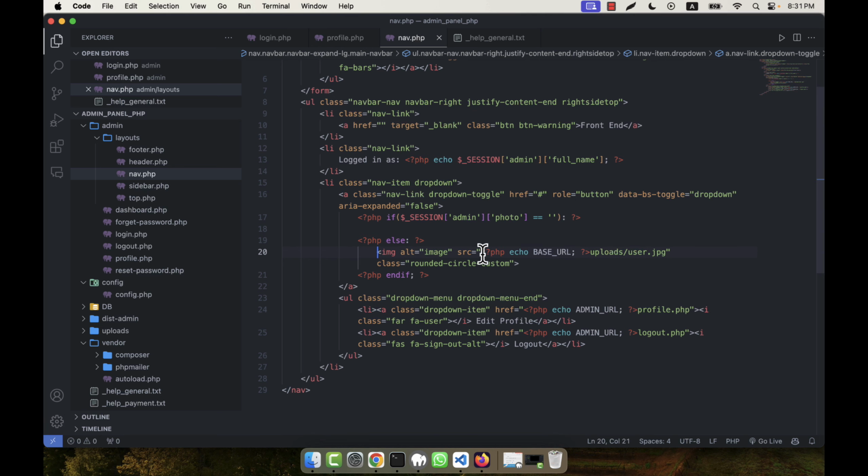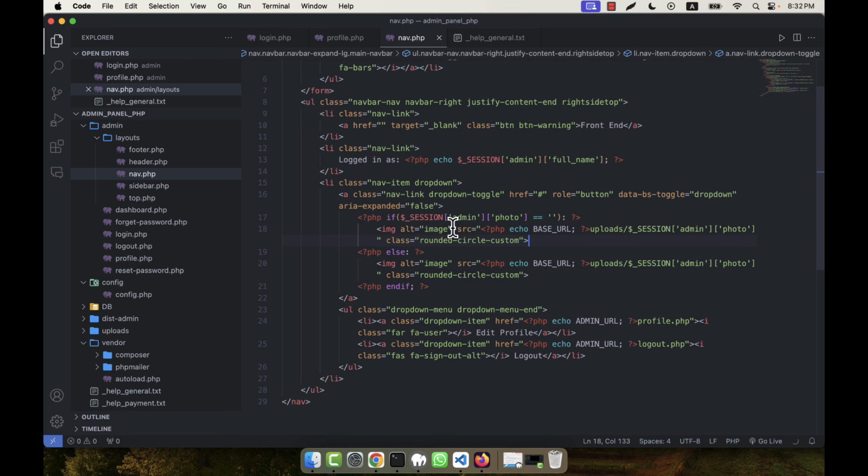So here, if there is a photo, then it will be like this: session of admin photo, uploads of session of admin photo in the base URL. Otherwise, the photo will be actually, I am going to copy this one because the class is separate here, so I am going to paste, but here instead, sorry, this one I cannot straight write into the HTML. I will have to call it like this, echo this one, and here I will use the